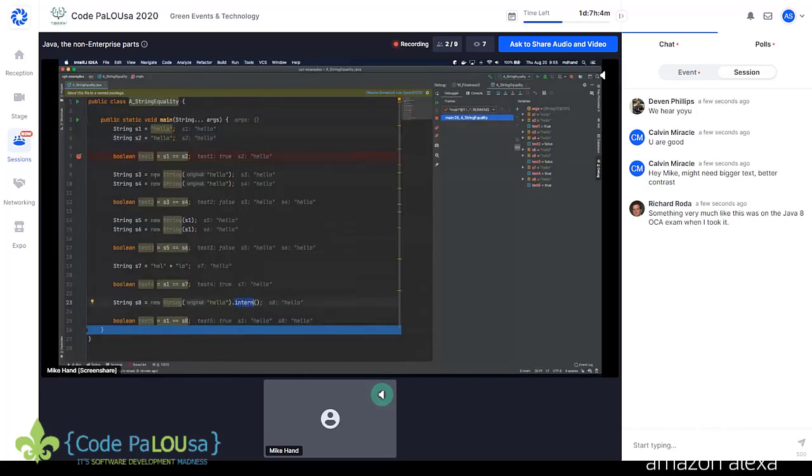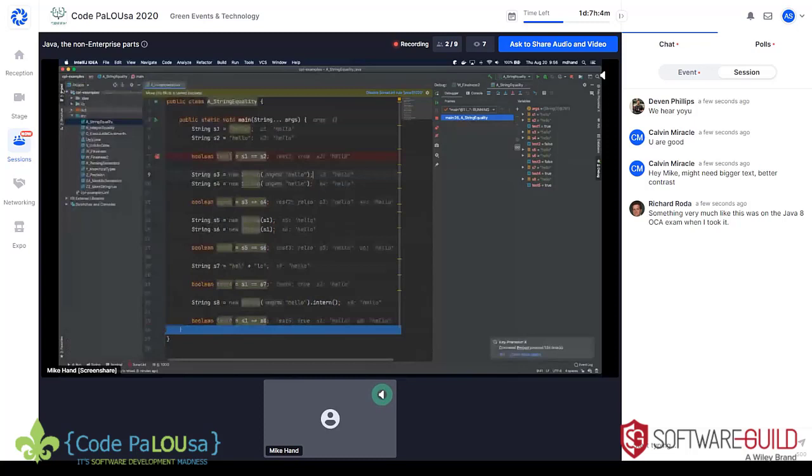And for all these other ones where we used the new string constructor, we explicitly asked for a new string, for a new string object. So we basically told the JVM, forget about the string pool, I want something new. There may be reasons that you want to do that, but just be aware, if that's happening, that's why dot equals is really the only safe way to compare strings.